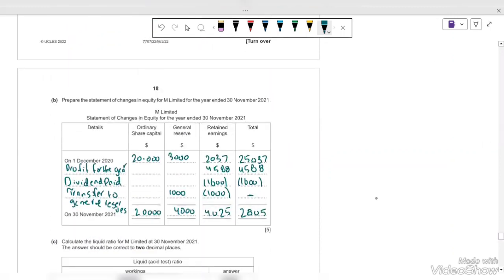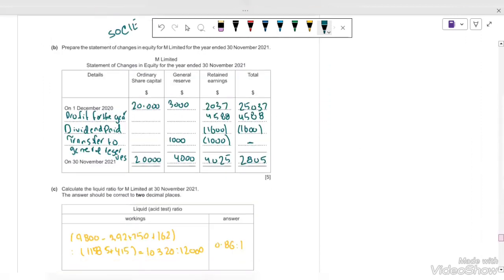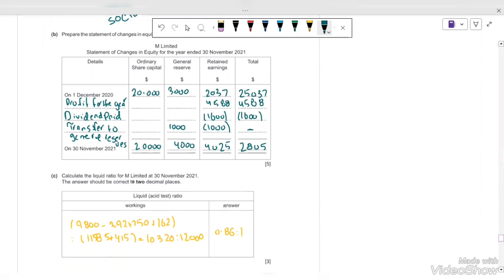It is very easy for you to understand the income statement and how it works. And the second requirement is part B, prepare the statement of changes in equity, SOCIE. We can say that in short form. So we have to make a statement of changes in equity, and after that calculate the liquid ratio for M Limited. We know the formula we have been using for finding the liquid ratio. It is very simple. You just need to divide current assets by